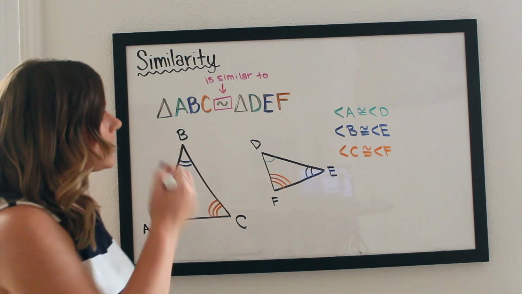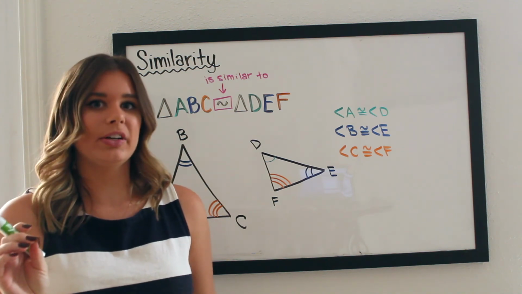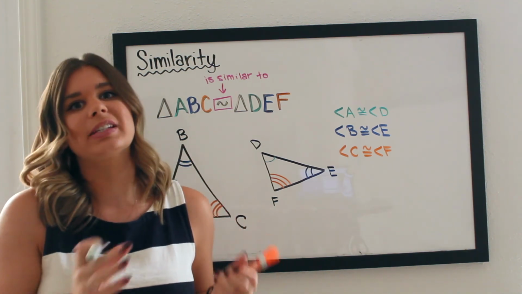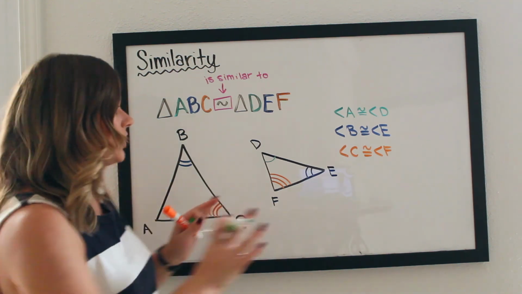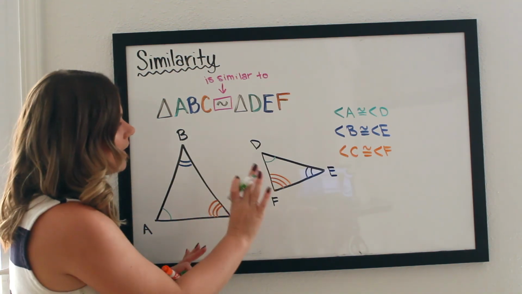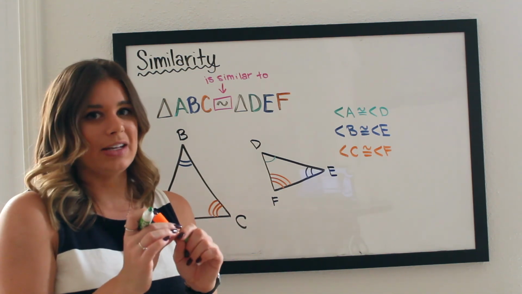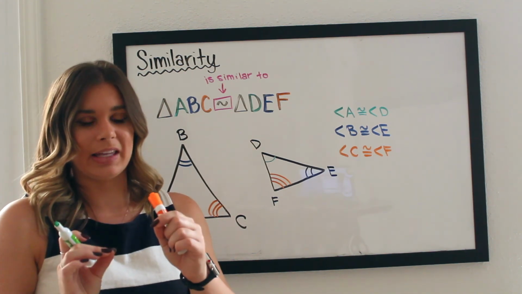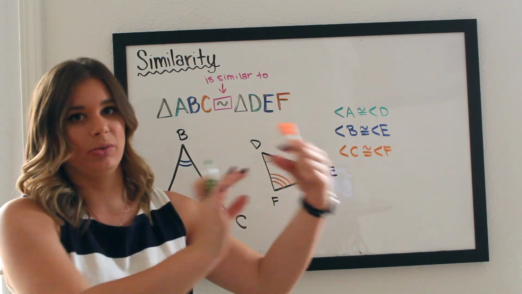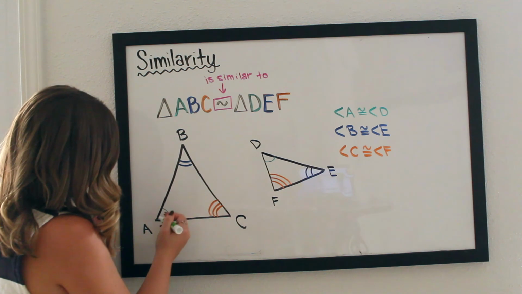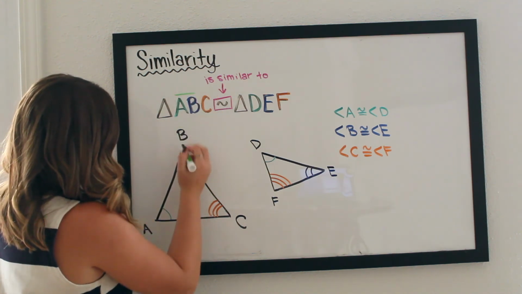So if you notice, I'm not going to use symbols that show that the sides are congruent. I'm just going to color code them because for similar triangles, it's not that they're congruent, it just means they correspond, and once I multiply one length by that same scale factor, it'll be the same length as its corresponding side. So here I have AB,